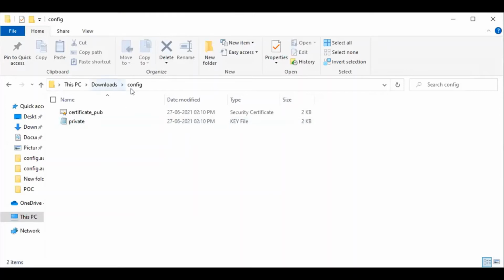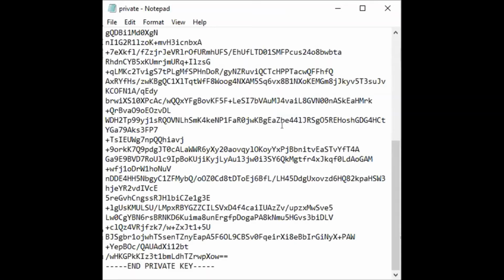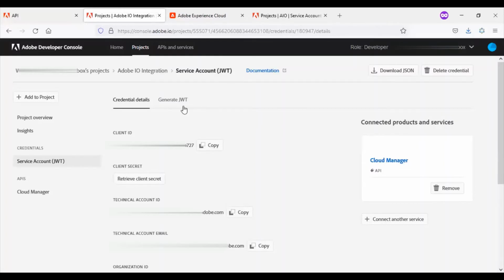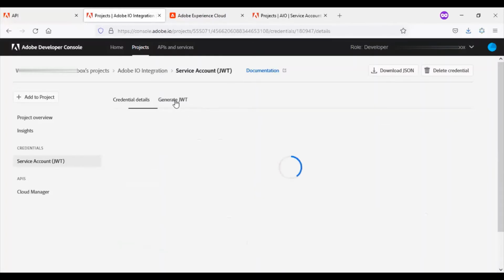I'll go within the config folder, which I have downloaded now. You can see there is a certificate and a private key. So I'll open the private key file. Now I'll copy this content and go back to the generate JWT token tab.